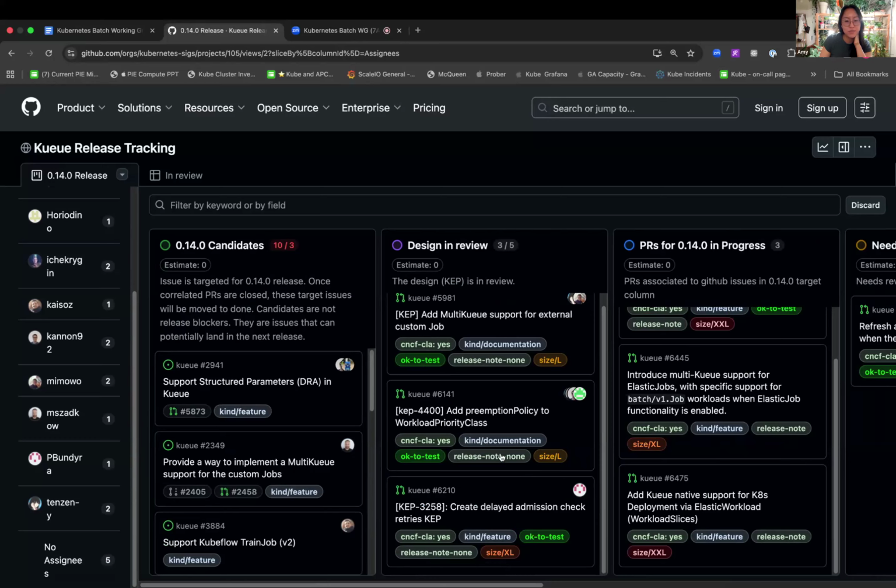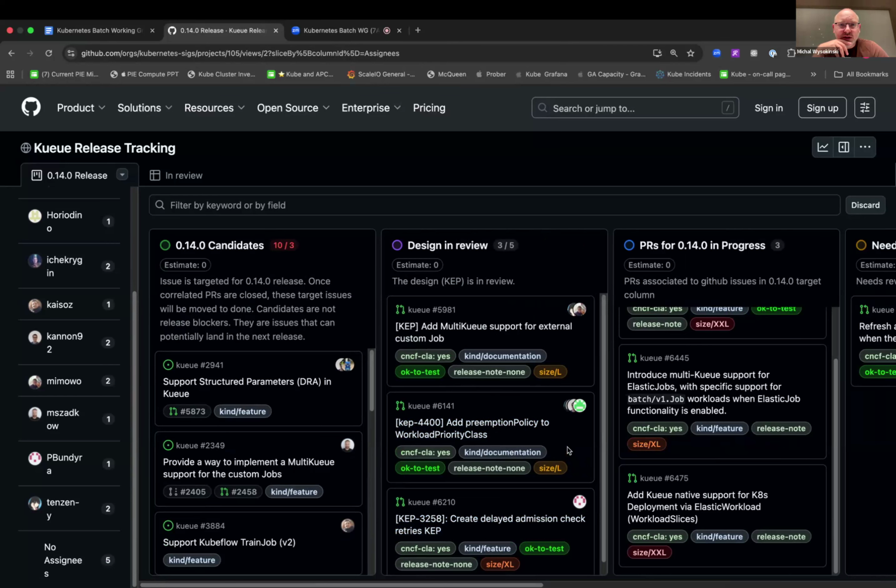That makes sense. My question would be, I don't think I've ever used GitHub projects, so how does the access control look? Do you need to be a member of Kubernetes SIGs to be able to move these things, or